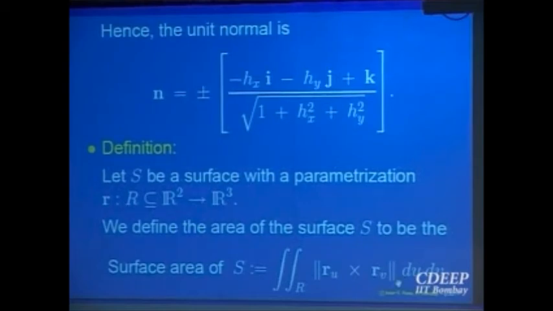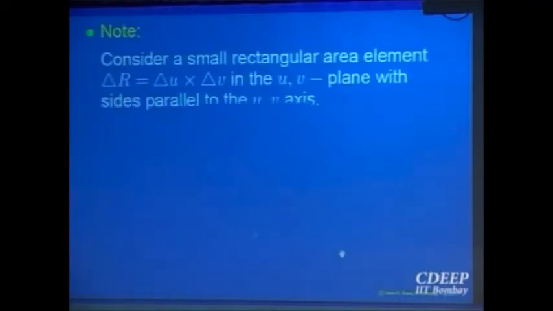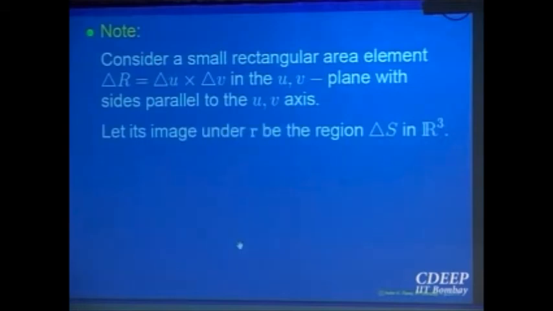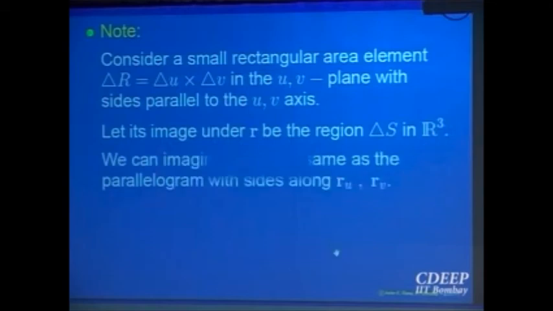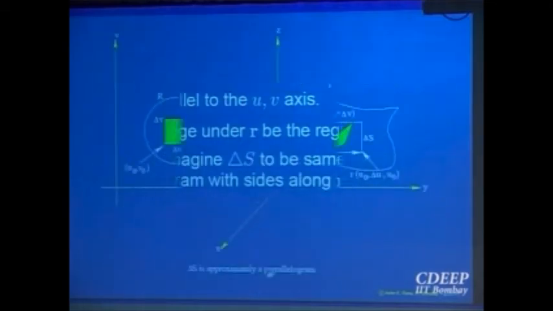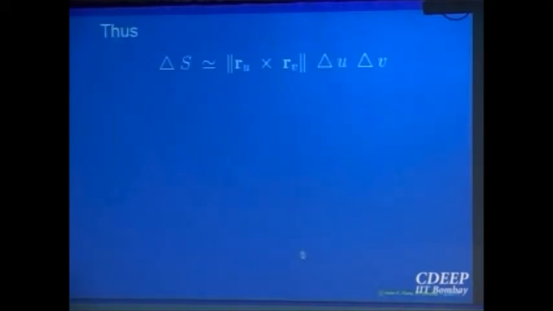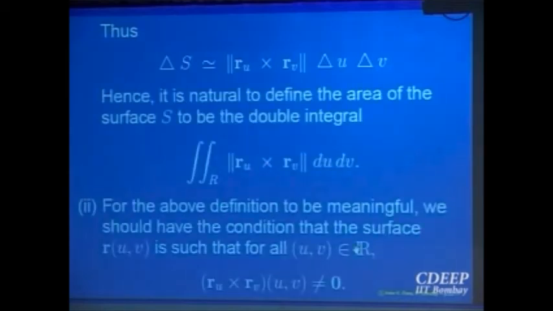And intuitively, why do we define it that way? We have already explained to you that you take a small portion in the UV plane and see how it deforms. You can say approximately it looks like a parallelogram. Find the area of that. That is essentially this, delta u delta v, and the total of that you want to find out. Okay, so let us go over quickly that portion. That is what I have explained here, and that is the area.